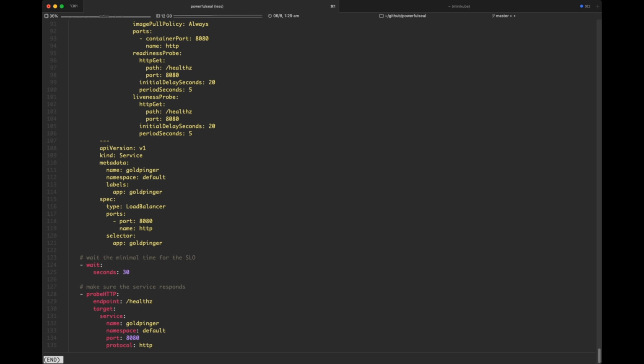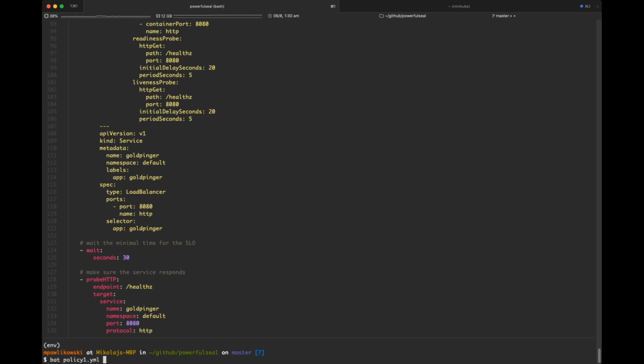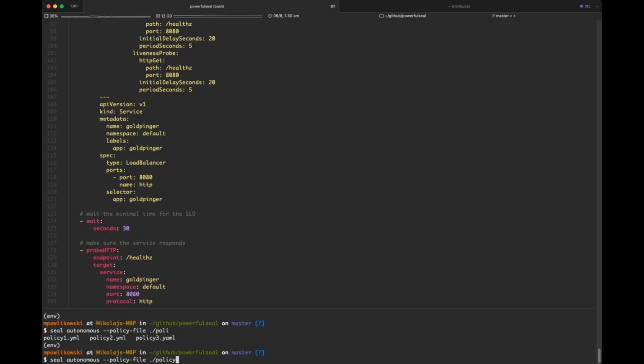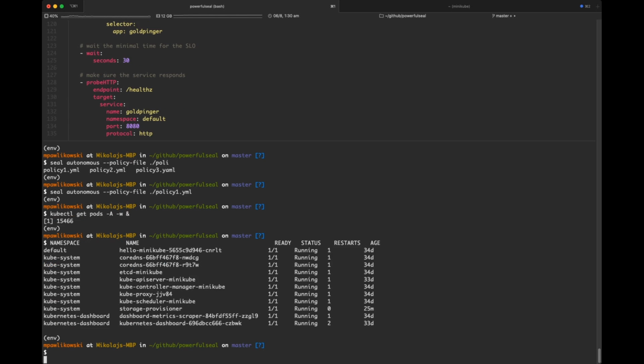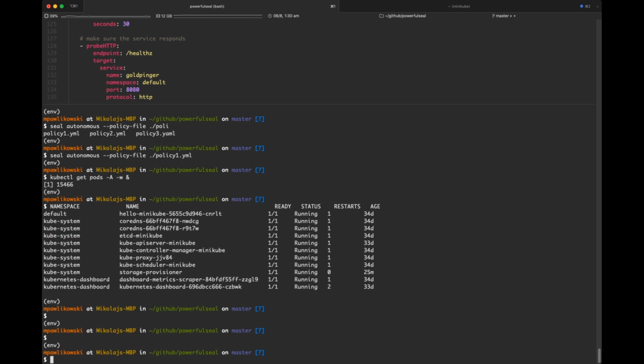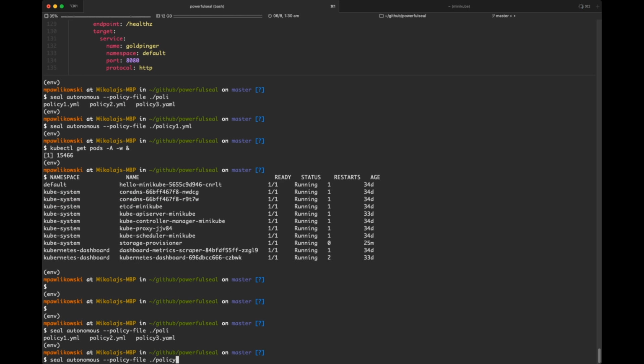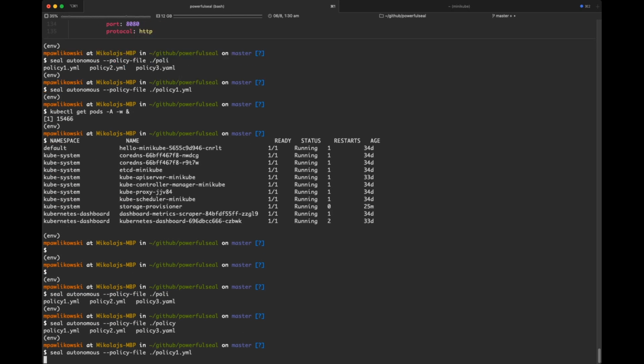Okay, so with that, we can go ahead, and this time instead of hello world, we're just going to run the policy one. But before we do that, just to show you, we're going to run get pods -aw in the background, so that we get all the new pods that come up and all the pods that are being terminated, so that it's actually visible to you too. So again, our seal, and we have the policy one.yaml. I'm just going to go ahead and run it.